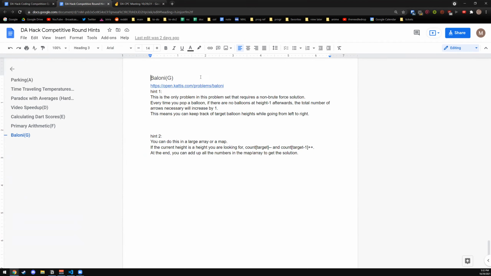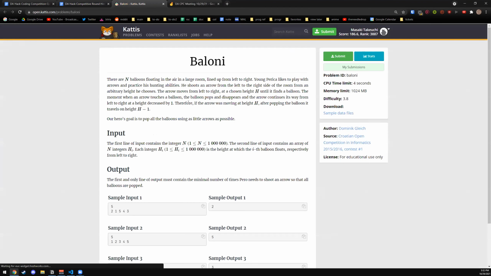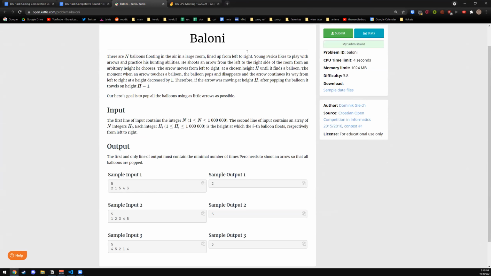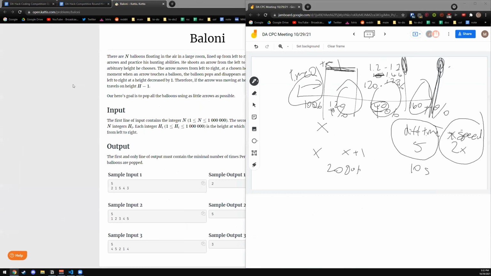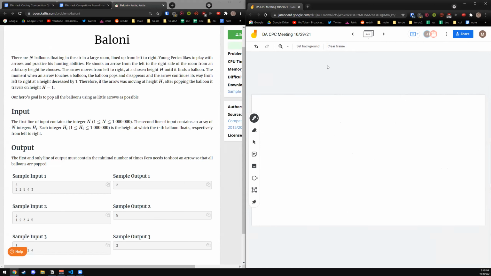Yeah, this problem is kind of difficult in comparison to other ones. So you have a bunch of balloons, right? And you shoot an arrow, and when it hits a target, it goes down a level, and then you need to find the next target. And then if it pops it, then it goes down a level again. So whenever you pop a balloon,